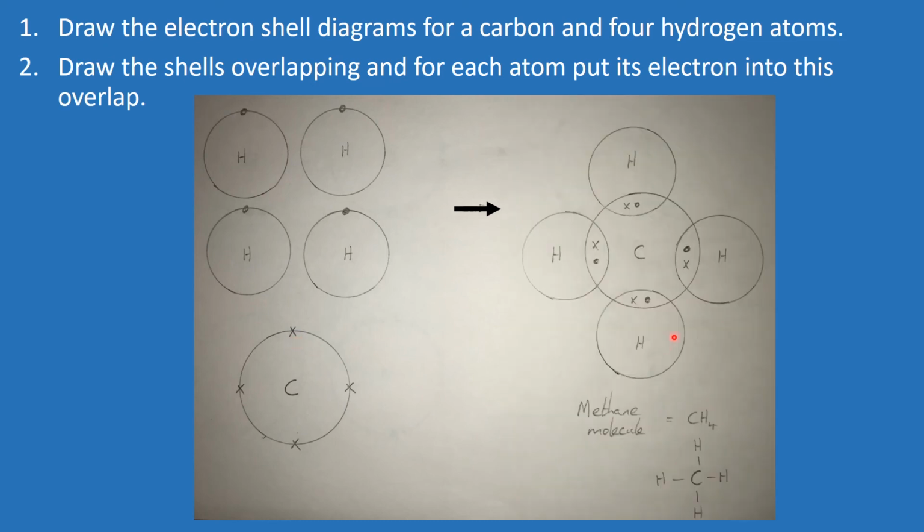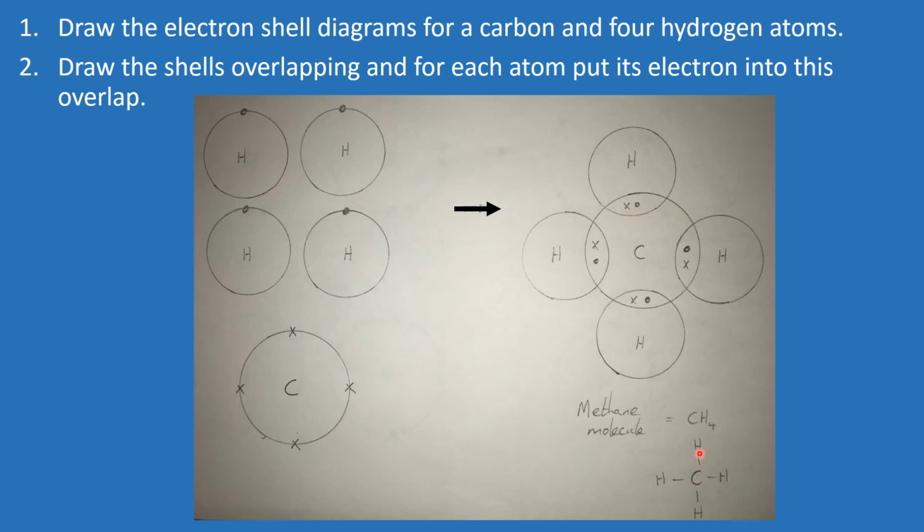Which means that we should have a molecule that looks like this. And yes, it's our old friend from the start of the video, which is methane. So we can see pair of electrons, pair of electrons, pair of electrons, pair of electrons. So we've got 4 covalent bonds formed here, 1 between each carbon and hydrogen, represented in this diagram down here